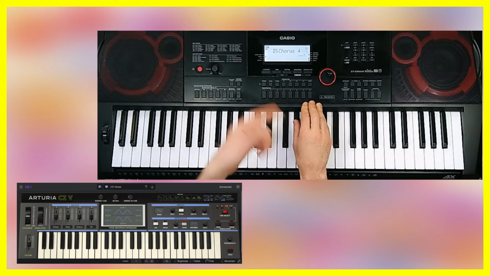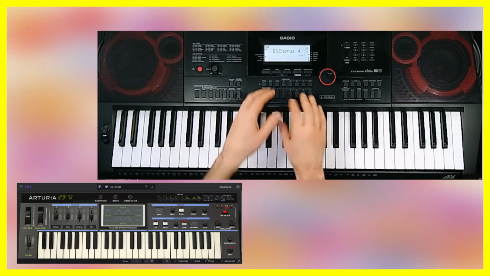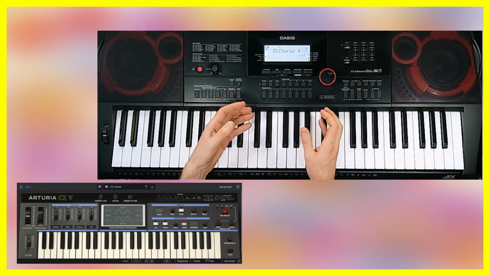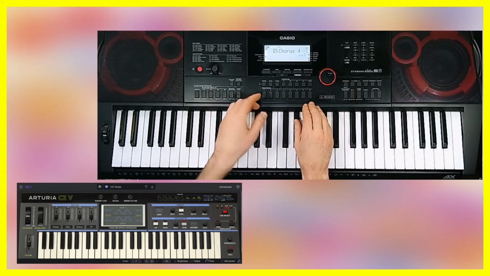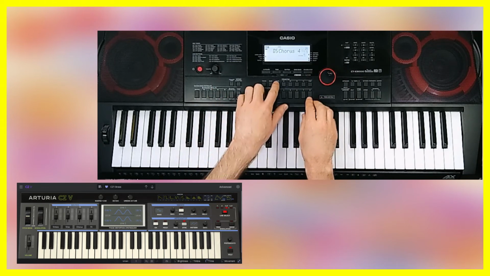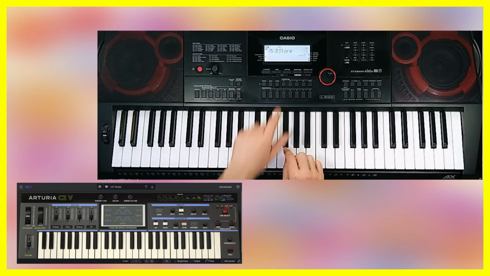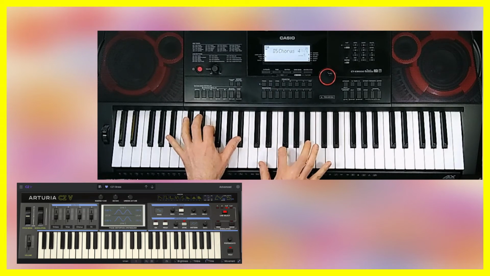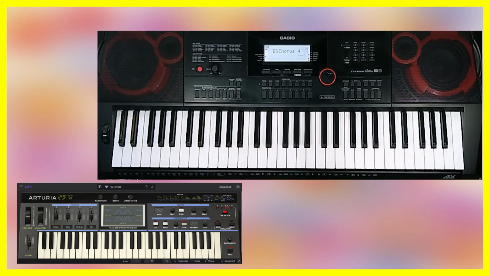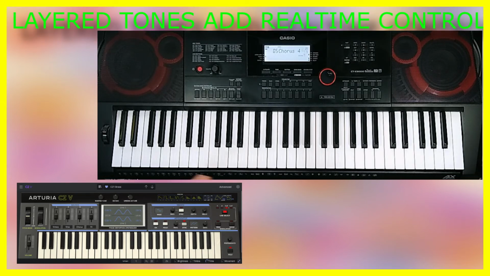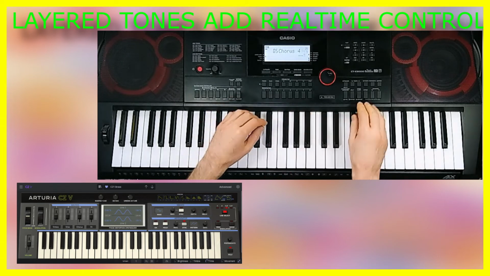And then you can store that into a registration so that you've got those values for when you come back to play the sound again. Let's store that into number 8. And for further development of a tone as you're editing it, you can always layer another tone with it to adjust the sound in real time if you've got an expression pedal. So let's bring in another tone,